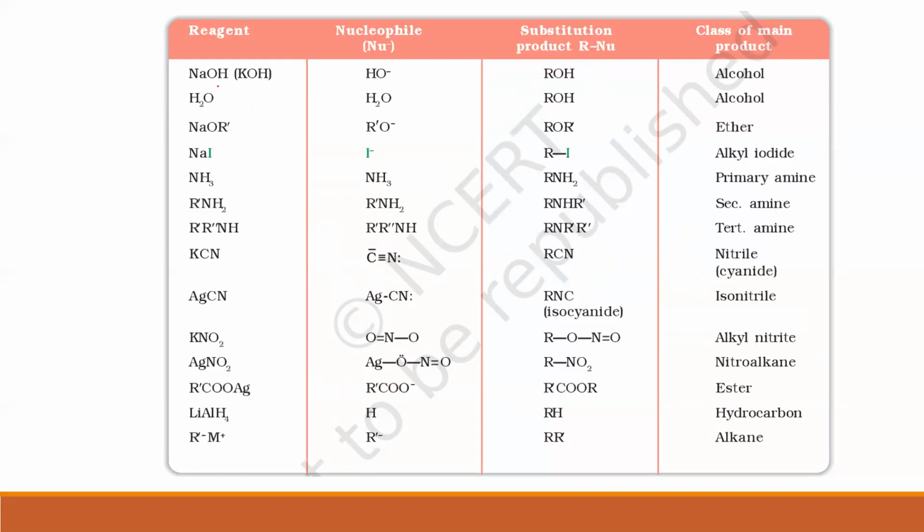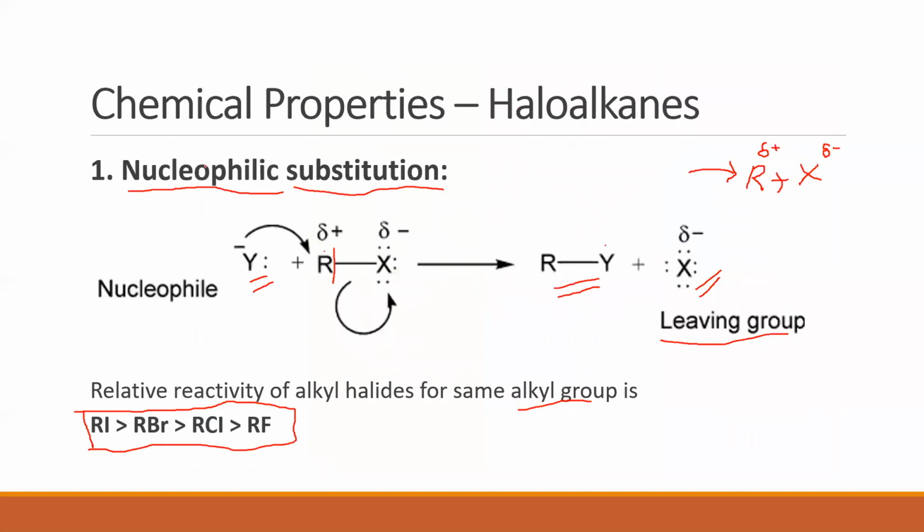NaOH. Clear? Now, if I take NaOH or KOH, this will give me the nucleophile OH minus because it breaks to give what? Na plus OH minus. So OH minus is the nucleophile. If OH minus is the nucleophile, what is the product obtained? ROH. Clear? So if I go back, if this Y is OH minus,